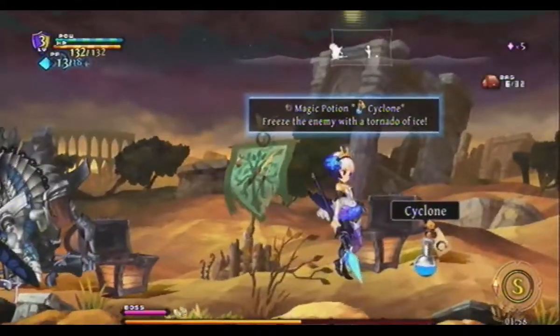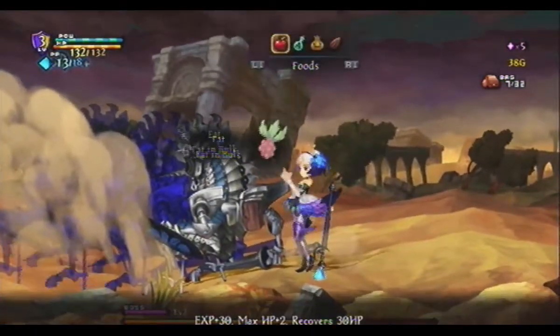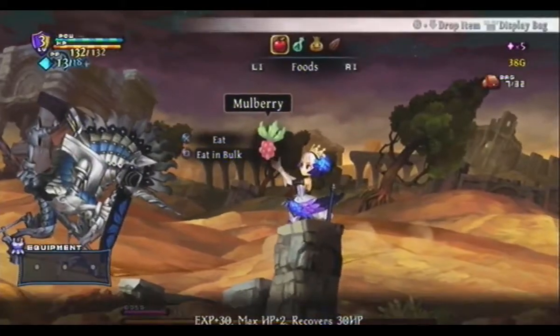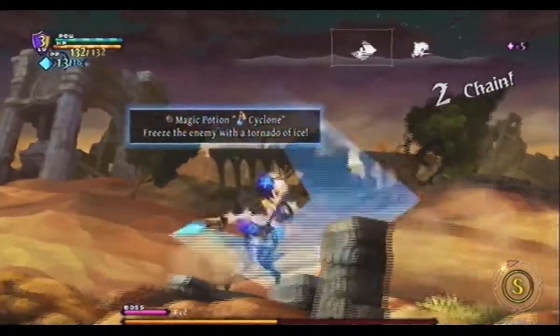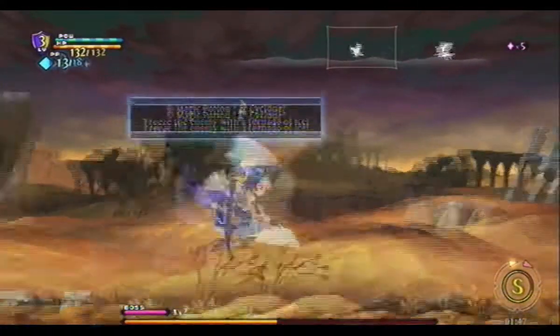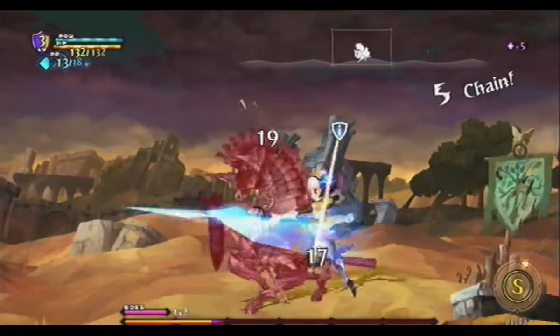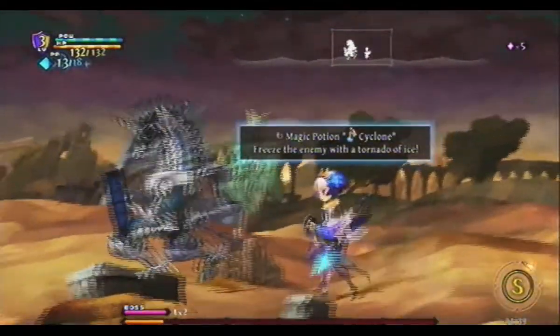I'll be grabbing these items here. Oh, that is not good. So, bosses in this game are a lot harder than they were in the original game, and by that I mean they have a lot more abilities. Well, actually, they're not necessarily harder, but their AI has definitely been increased. Also, bosses can be Stunlocked, but...